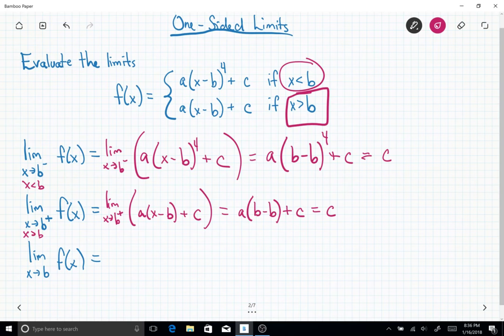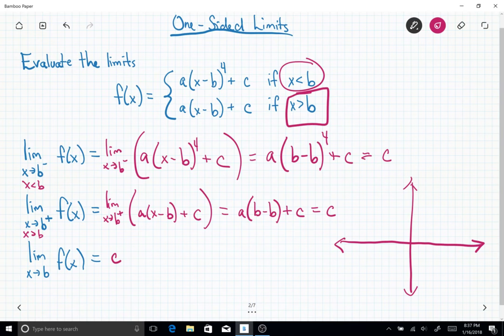So notice we always check to see if the left and the right hand limits are the same. They are in this case. So that means the limit as x approaches b of f of x actually equals c in this case. And now there are different scenarios depending upon the values of a, b, and c, right? But to give you a general idea,